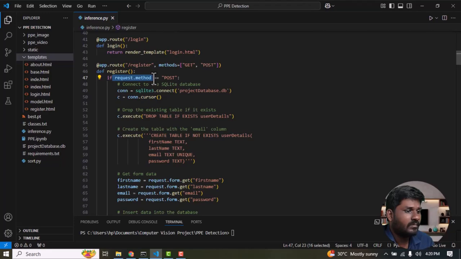Request method is used to get the method name when specified in the Flask web browser. If it is POST, then proceed to the next step. SQLite is defined in the code above. Then connect to a database. The database name is project database DB. Then connect a cursor. C execute is used to drop any existing user credentials and create a table with columns for first name, last name,